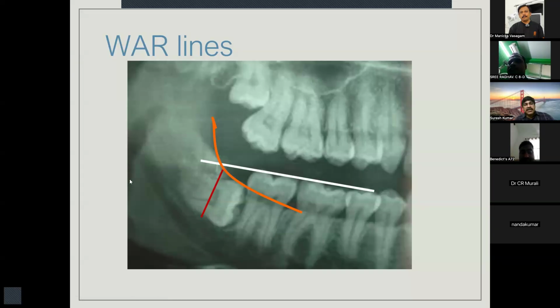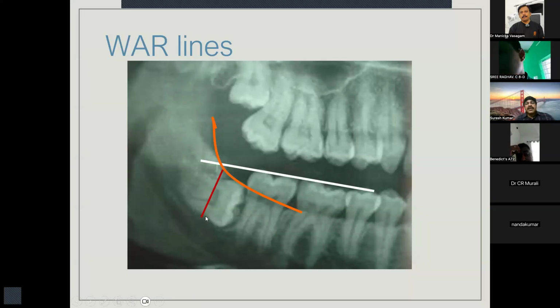So for example, in this picture itself, I have drawn the amber line. So no part of the tooth is going to be visible inside the mouth. Only after you elevate the flap, you will be able to appreciate the tooth which is below the amber line. So what is the R line or the red line? Red line is a perpendicular line that is drawn from the amber line to the point of application. We'll talk about point of application a little more later.